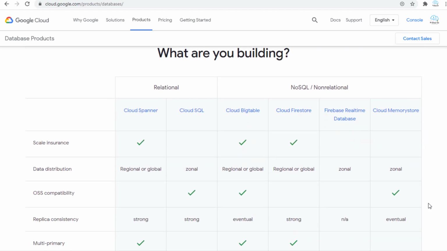I like this comparison table on what you are building. For example, if you need global data distribution and scale assurance for relational databases, then you should choose Cloud Spanner. It also lists other features on those services such as replica consistency,